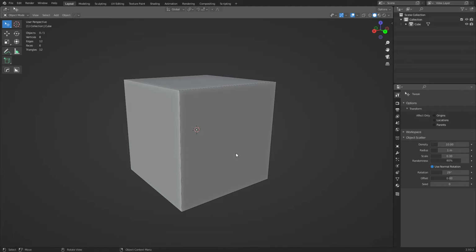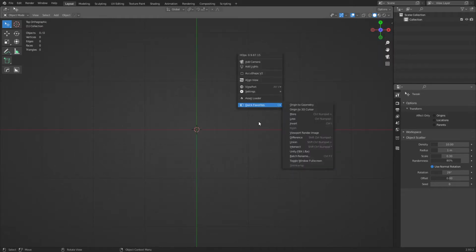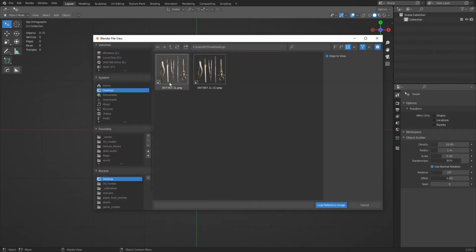Alright, so in this video we are going to make some rusty old surgical tools real quick for video games, and we're going to delete the default cube to get started. I am going to go to the top view, just click the Z here, or tilde key, top, hit Shift A. We're going to add in a reference image. So image, reference, and you can see I have